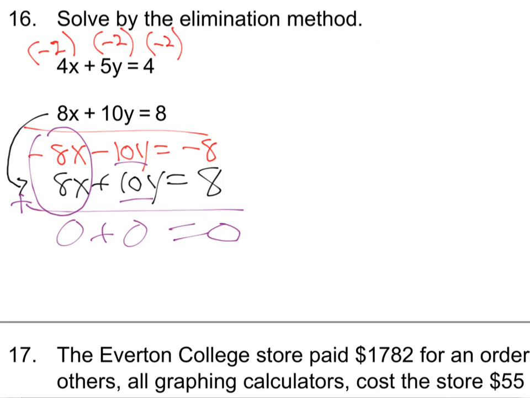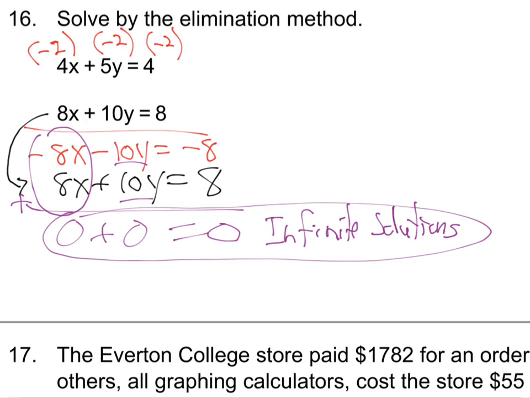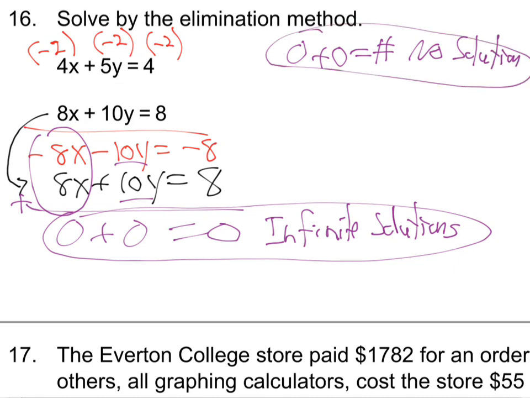Yeah, is it no solution? It's not, yeah, there's two options. This one's infinite solutions. So you want to have on your 3x5 card, if you have 0 plus 0 equals a number, like 7 or 3 or whatever, that's no solution. So you want to have in your 3x5 card, if you have something like that, 0 plus 0 equals 3 or whatever,